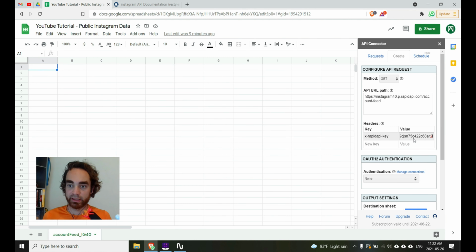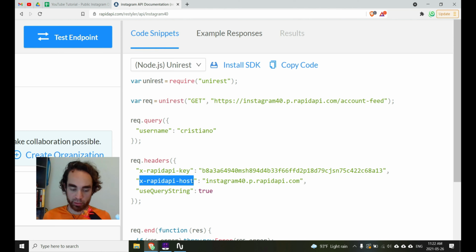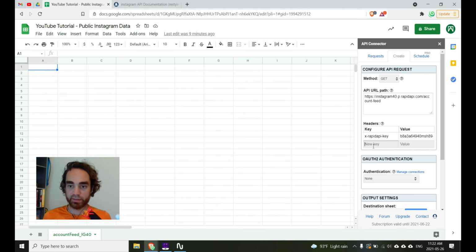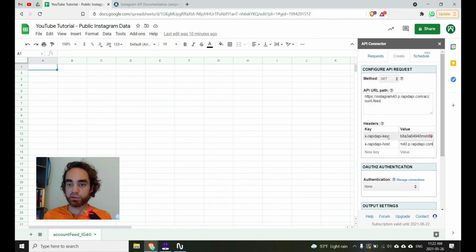And then we'll paste that here. And then what we'll want to do is also copy that host as the header, paste here. And then we'll want to copy that host domain as well and paste it as a value inside of our headers. So just to reiterate, make sure that you have the RapidAPI key and RapidAPI host headers inside of